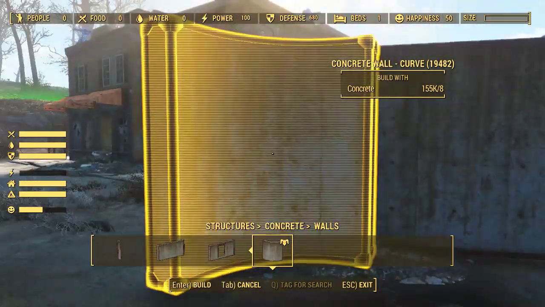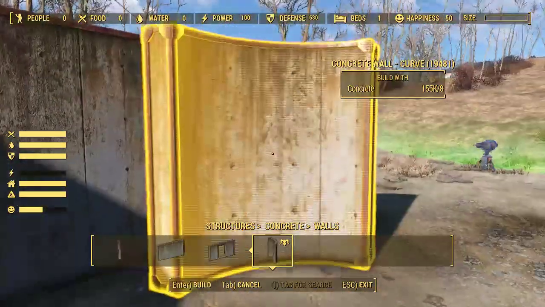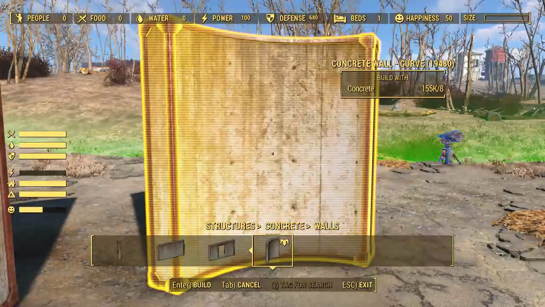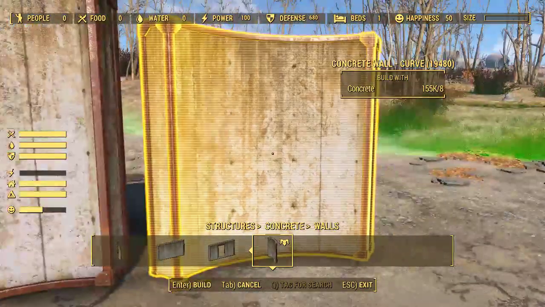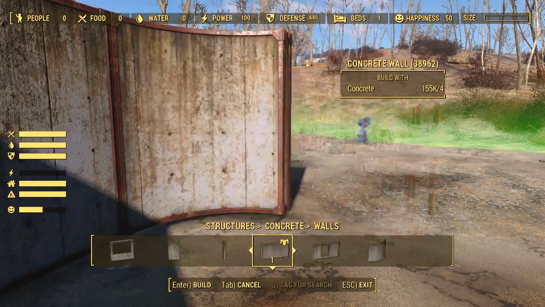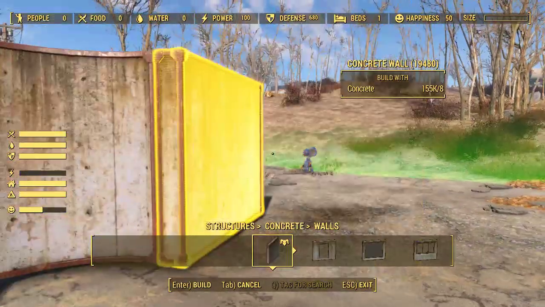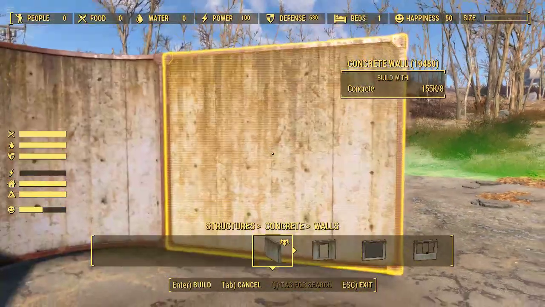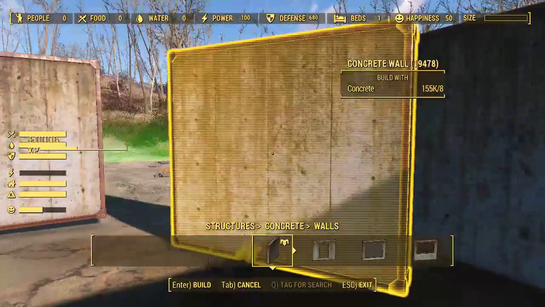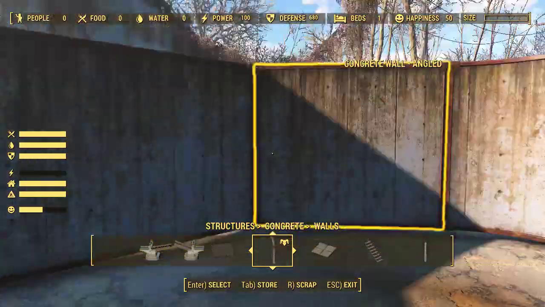Next, I'm going to take one of these round pieces, and another round piece over here. Turn these into the corners. Then I'm going to go back and duplicate what I've done. This is going to give us another short wall and another short wall. And then that leaves us with exactly the same type of wall piece that we have